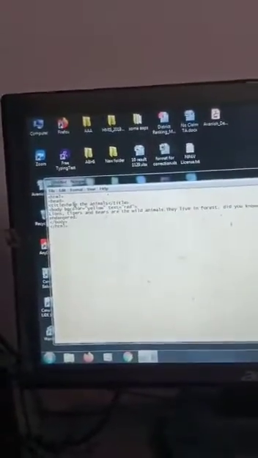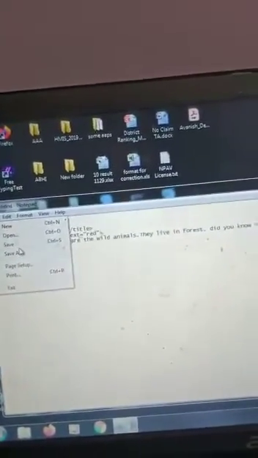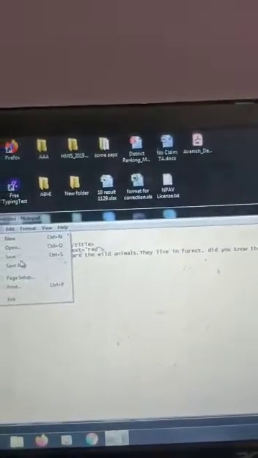I will already type something for you. So there is some code here. So how you have to run it. Okay, I will show you bgcolor and text first. So I will type something for you. First we have to save this.